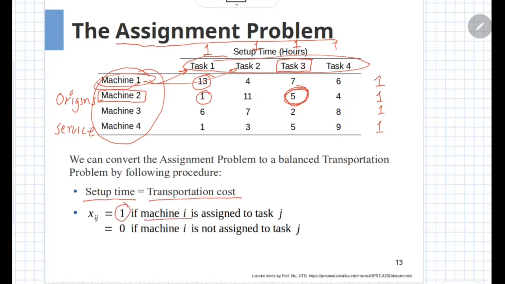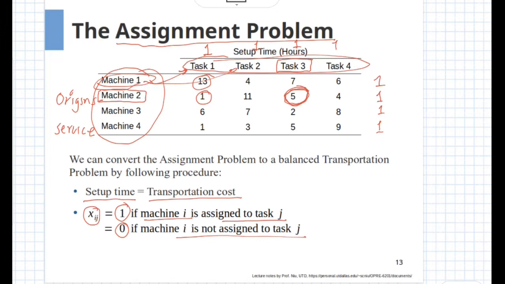If machine i is catering to task j, then the quantity will be 1, and if machine i is not assigned to task j, the quantity will be 0. In this sense, we can convert the assignment problem into a transportation problem, and you can write the transportation tableau for the assignment problem.